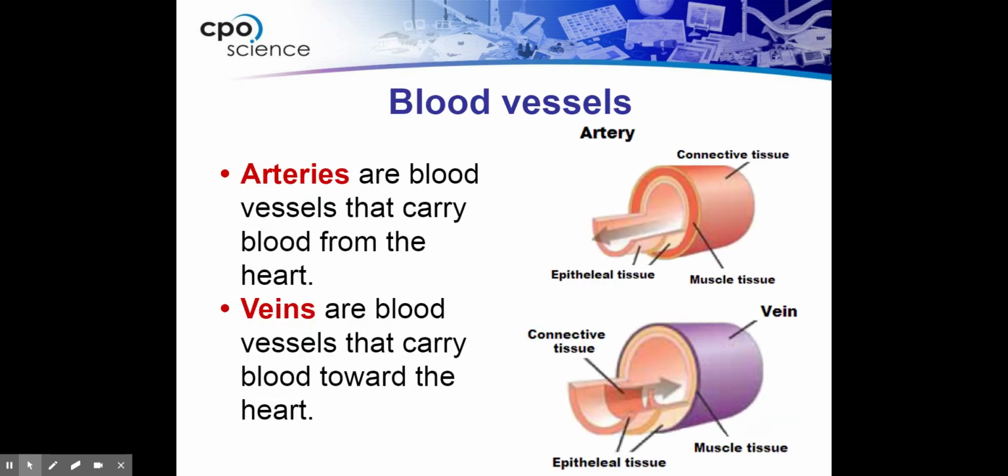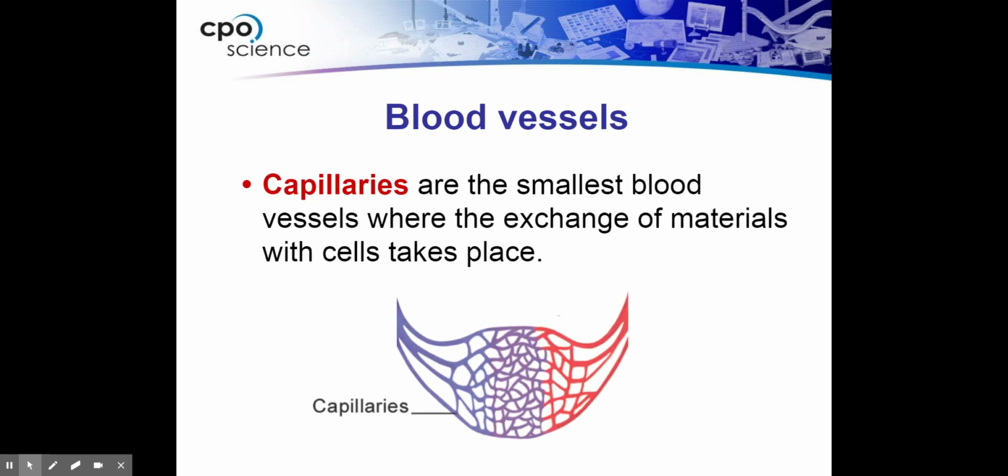Arteries and veins are two different types of blood vessels. Arteries carry oxygenated blood away from the heart. Veins bring the oxygen poor blood back to the heart, where it then goes into the lungs, exchanges the carbon dioxide for oxygen, and the cycle repeats. Capillaries are the smallest blood vessels. These exist on the surface of the skin. These are the little tiny blood vessels that usually are what cause the blood when you get